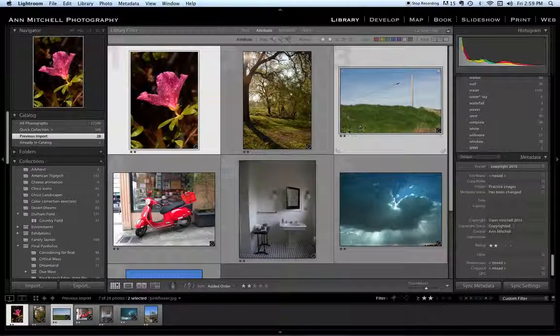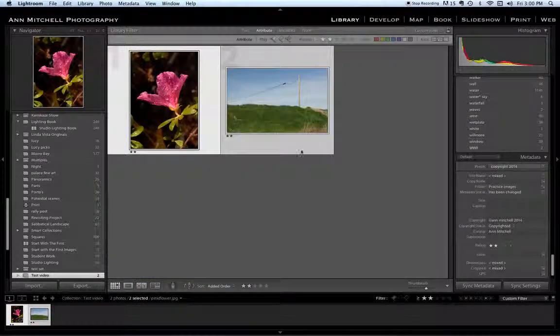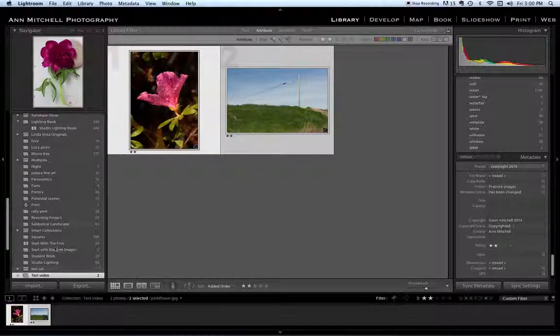Once you've figured out your images, you may then want to start working on them or think of them as a project. And to do that, you want to make them a collection. Because while these have keywords of nature, maybe not all of my nature images are things I specifically want to use for one project. I go over here to Collections, create a collection, give it a specific name. Now I'm just going to give it one related to this so I know which one to get rid of. And then I can go ahead and hit create. Notice that it says include the selected photos, and when I do that, it immediately goes to just those.